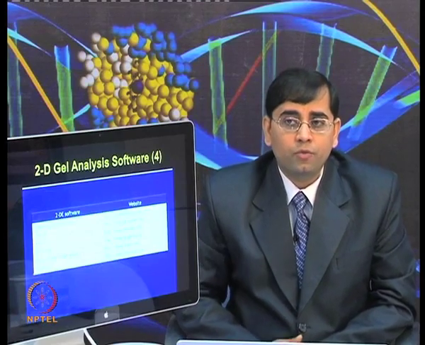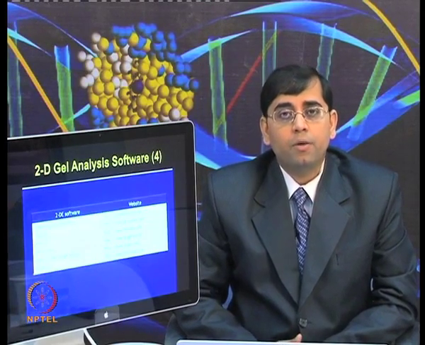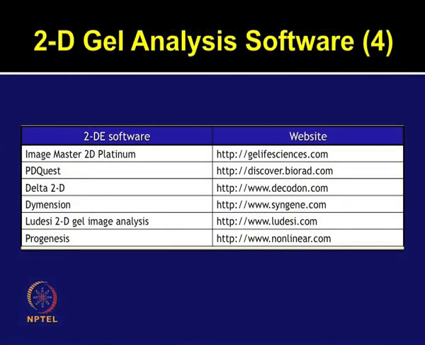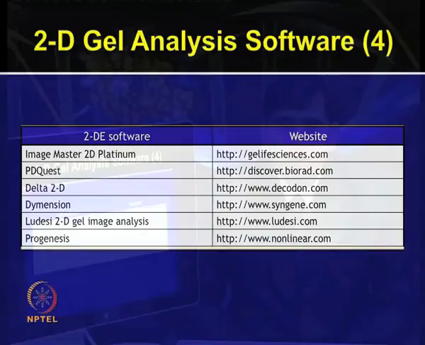There are various commercial softwares available for comparing the 2D gels, such as Image Master 2D Platinum from GE Life Sciences, PDQuest from Biorad, Delta 2D from Decodon, Dimension from Syngene, Ludici 2D gel image analysis software, and Progenesis from Nonlinear. These are just a very few of the software I have mentioned. These are very commonly used, but there are many other good software also available which one can use